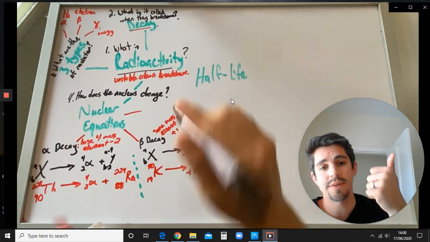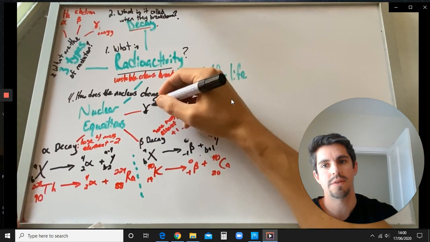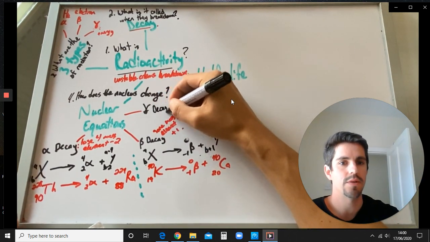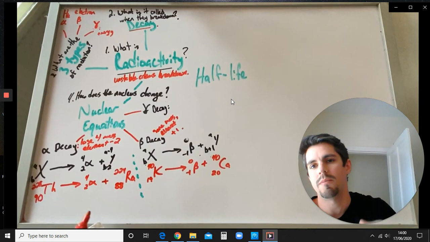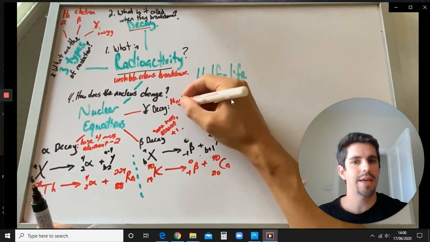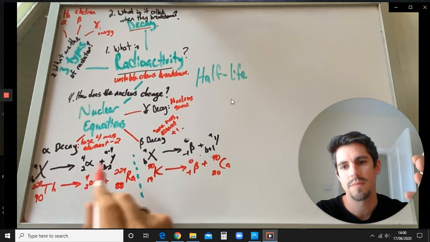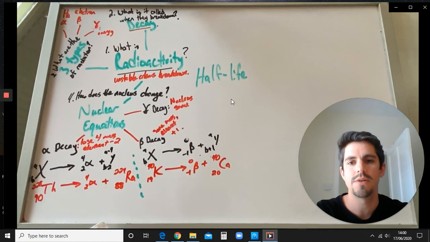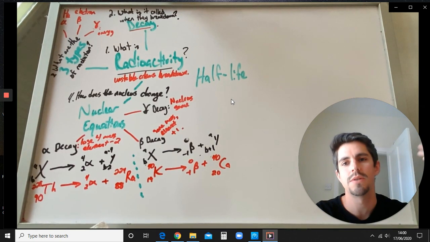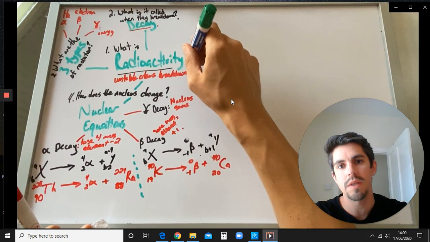Okay, so there's alpha decay, beta decay, and gamma decay. Gamma decay, how does it change? It doesn't. Essentially, it doesn't change. It loses a little bit of energy, remembering that gamma is an electromagnetic wave, so it's not taking any mass with it, so the nucleus stays the same. Okay, beta decay, it changes. Alpha decay, it changes. And gamma decay, it doesn't change. Now the last one, this is a big one.